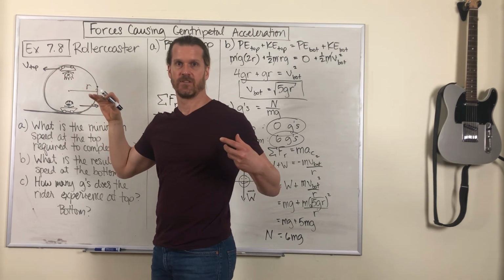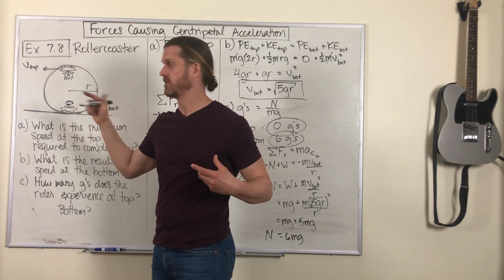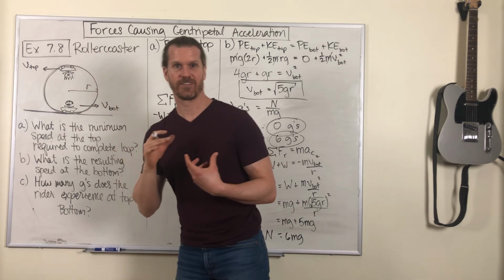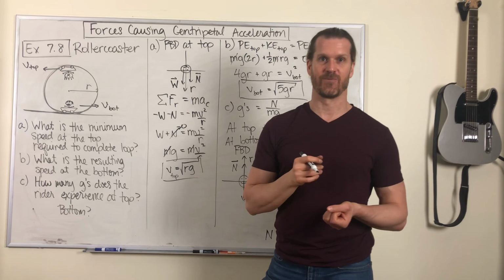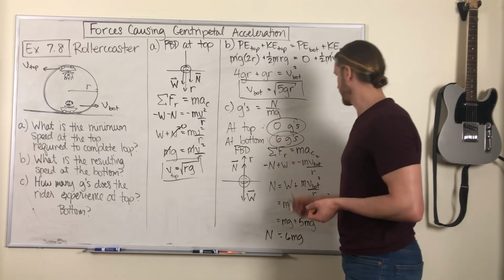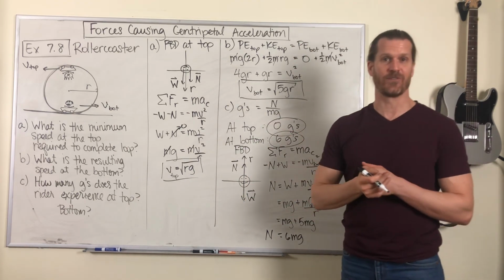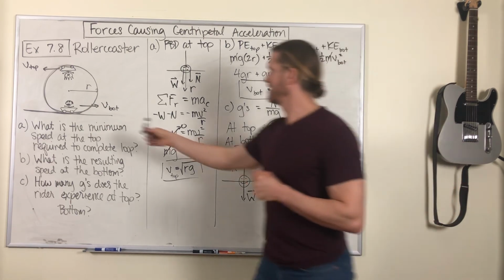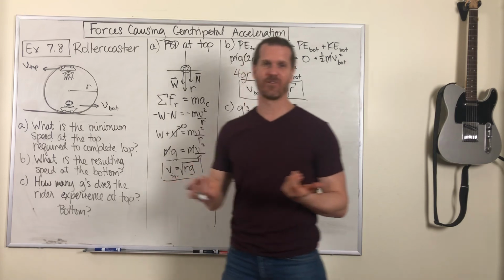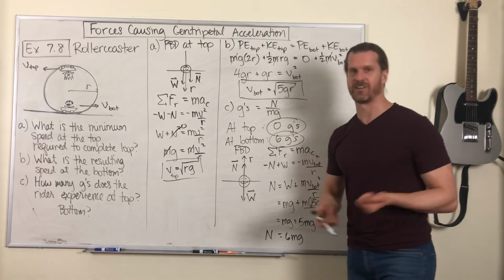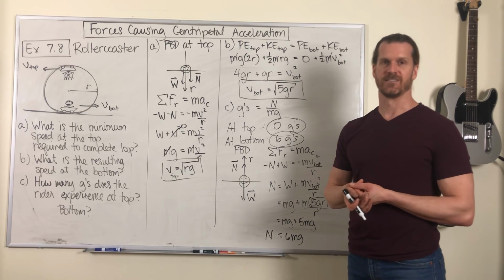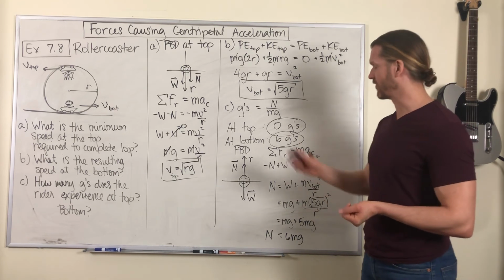It almost feels like you're about to fall. At the bottom, you're getting crushed. You're feeling smashed by the ride. And 6 Gs is not healthy for a human to experience for a long period of time. But the time period over which you're going to experience 6 Gs is a fraction of a second. So you're not going to be in danger. If this was sustained for